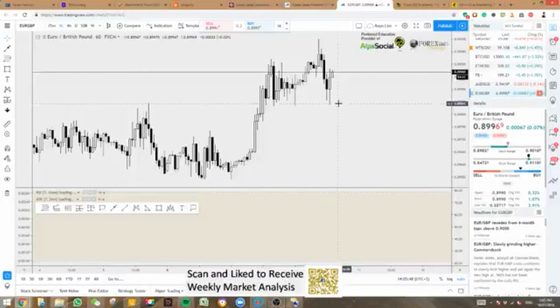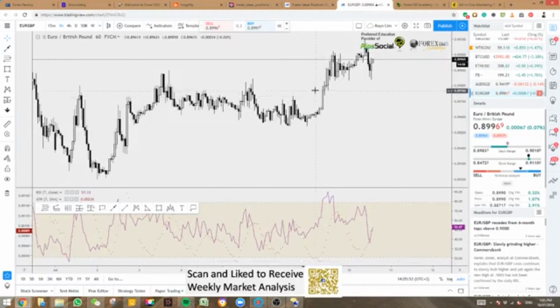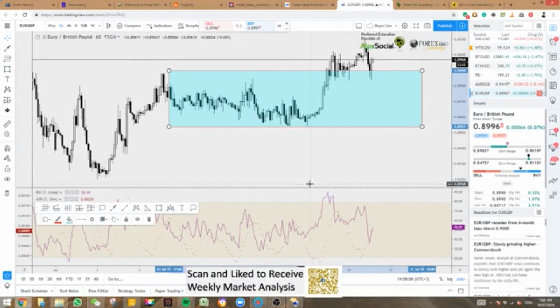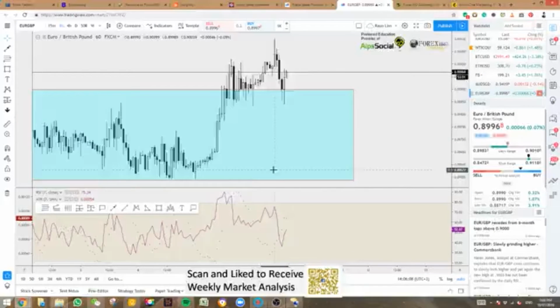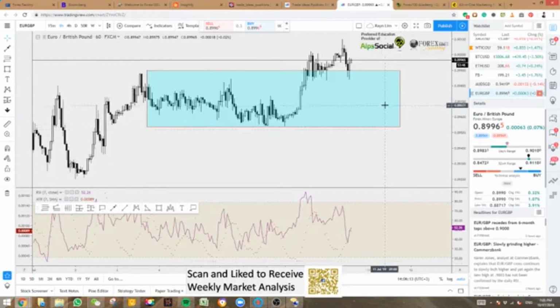To the 1 hour chart, on the 1 hour chart, you can see that this is the retracement area. Hence, this will be my buy zone. Based off this setup, it's not the best. It's really not the best setup. If you really want it,